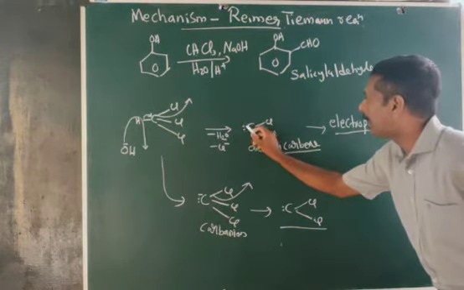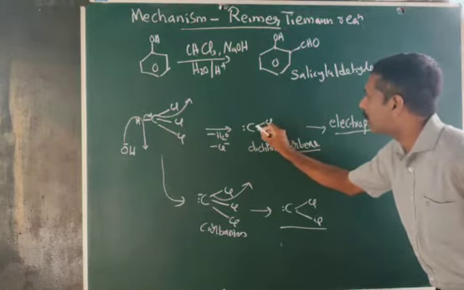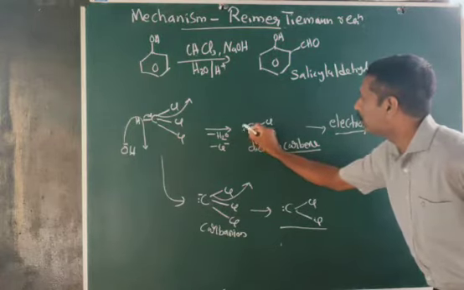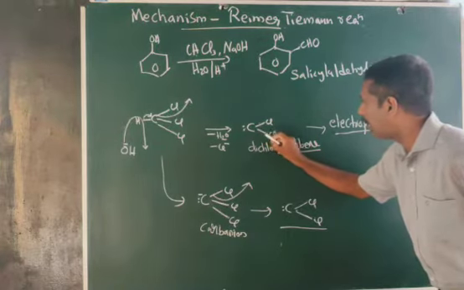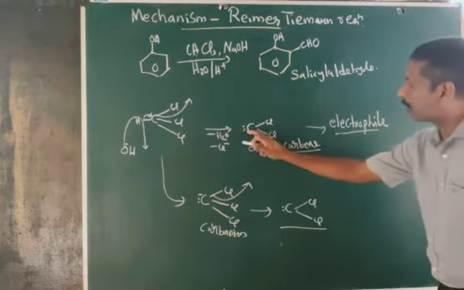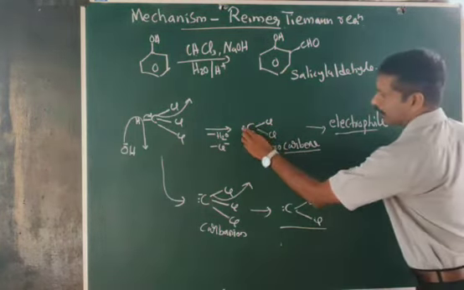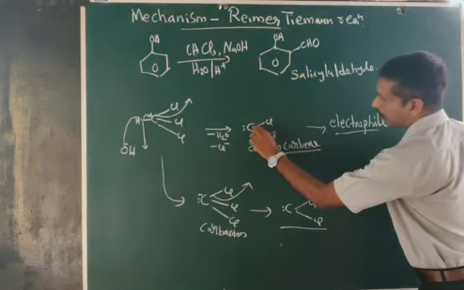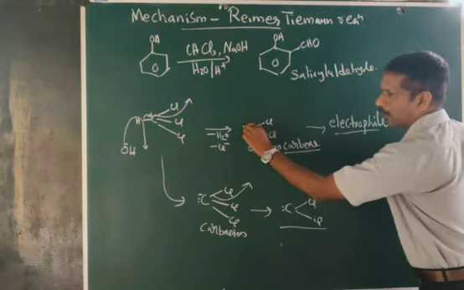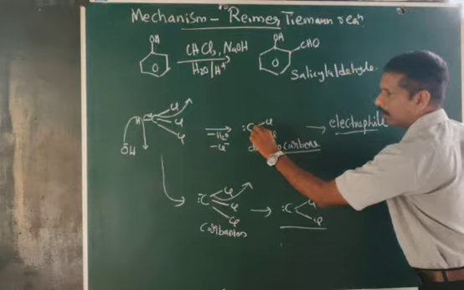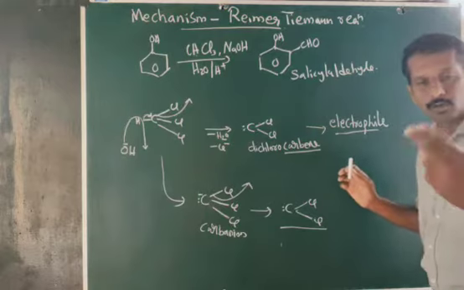Look here. What is the number of electrons on the carbon atom? 1, 2. When it is making a bond with this chlorine atom, 2, and this lone pair is 2, so 2 plus 2 is 4, and again plus 2 is 6. What is the total number of electrons on carbon in this carbene? Only 6. Clear? That means carbon has only 6 electrons in its outer shell. That means it can accept a pair of electrons, because it can accept 2 more electrons, and only then will it